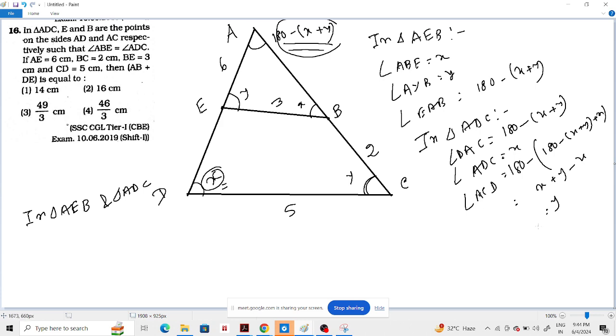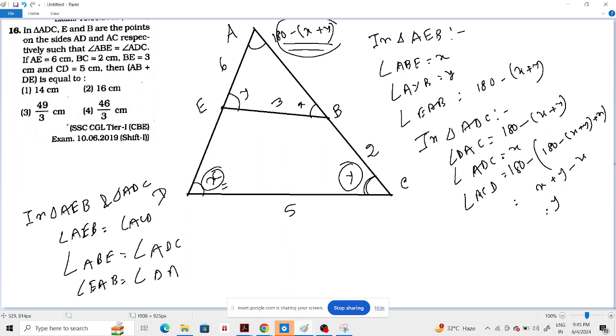180 মাইনাস এইটা প্লাস ওটা, ঠিক আছে, তো আমি ওয়াই পেলাম। ইকুয়ালস টু 180 মাইনাস 180 মাইনাস এক্স মাইনাস ওয়াই প্লাস এক্স, দ্যাট ইকুয়ালস টু ওয়াই। তার মানে এটা হলো ওয়াই। তাহলে এখানে এসিডিটা দুটো অ্যাঙ্গেল কমন, হয়ে গেল। এবার ইন ট্রায়াঙ্গেল AEB অ্যান্ড ACD, অ্যাঙ্গেল AEB ইজ ইকুয়ালস টু অ্যাঙ্গেল ACD, এটা কমন। অ্যাঙ্গেল ABE ইজ ইকুয়ালস টু অ্যাঙ্গেল ADC, এটাও কমন।